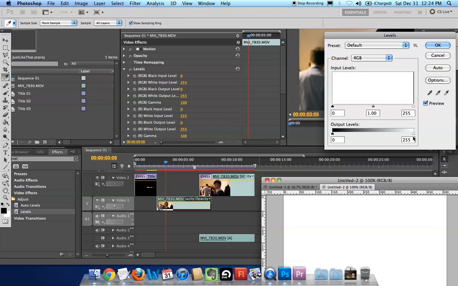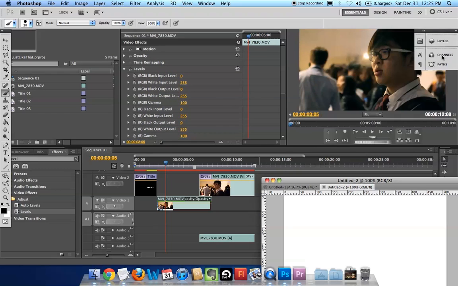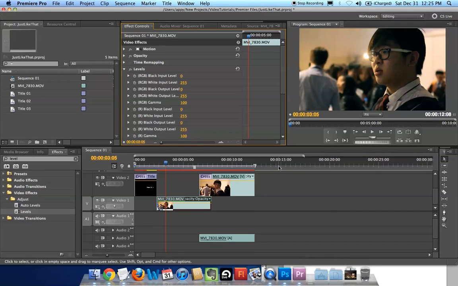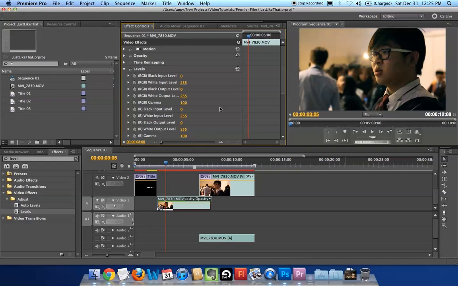Gamma, I'm not sure where it is here. I have not used it, I think. And all these levels are again RGB separately. If you're changing this panel in editing, it's nothing but these things. So again, if you know how to color correct in Photoshop, then half of your work is done. Even otherwise, it's very simple.